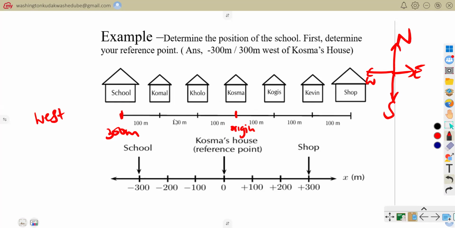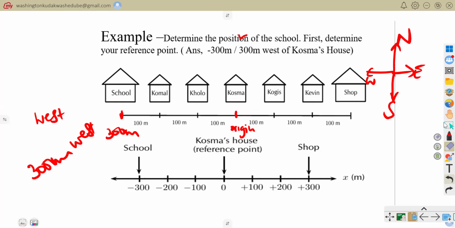The distance in between there is 300 meters. So when you are stating the position of the school, you would say that the school is 300 meters west of Cosmos house. So it will be 300 meters west of Cosmos house. Or else you might choose to say, let my west be a negative and